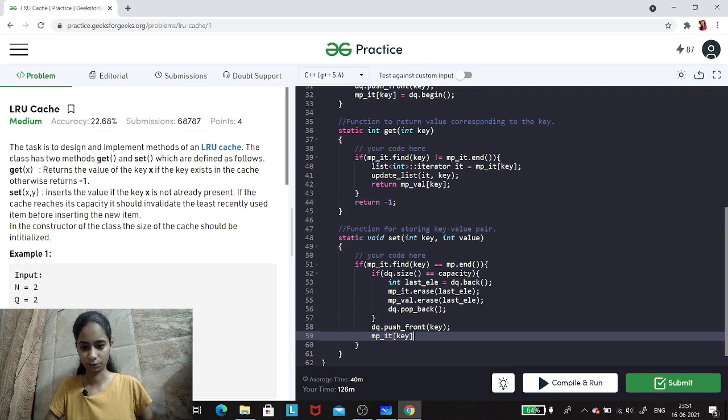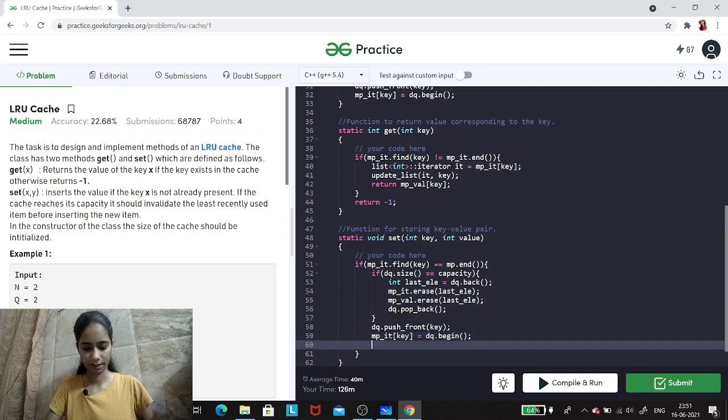At key, we'll store, now it's pointing to the front, so sorry, it will be begin, yeah. And our value will also be inserted. Sorry, this will be the value which has been given to us.